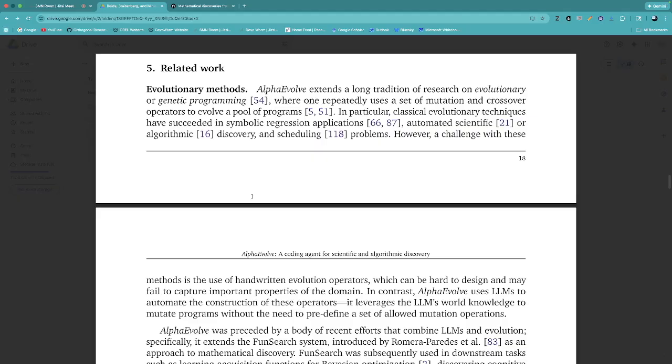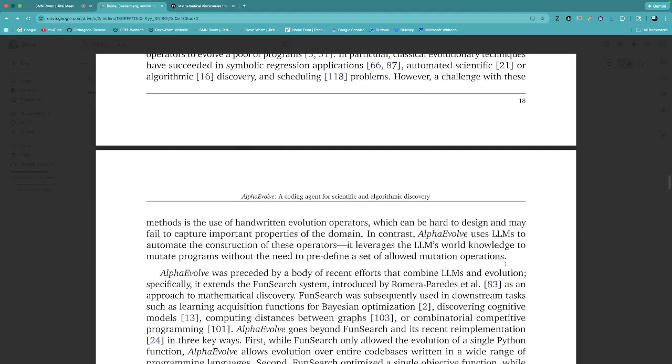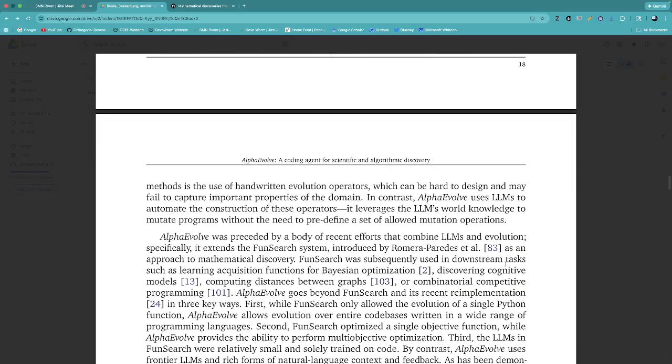Now, the challenge with evolutionary methods is the use of handwritten evolution operators, which can be hard to design and may fail to capture important properties of the domain. In contrast, AlphaEvolve uses large language models to automate the construction of these operators. It leverages the large language model's world knowledge to mutate programs without the need to predefine a set of allowed mutation operators. So it actually mutates things using the world knowledge of the large language model, and it doesn't use mutation operators as you usually would in an evolutionary